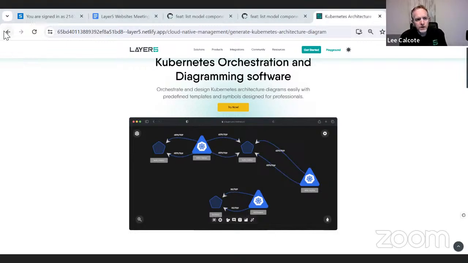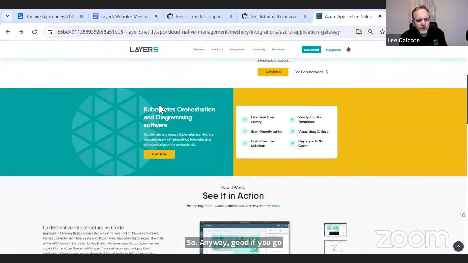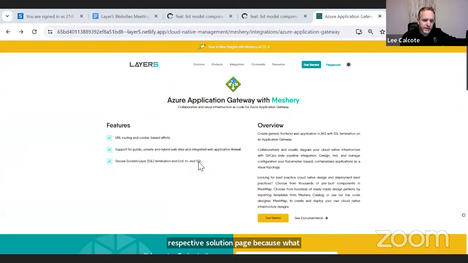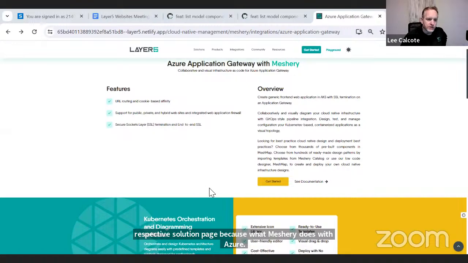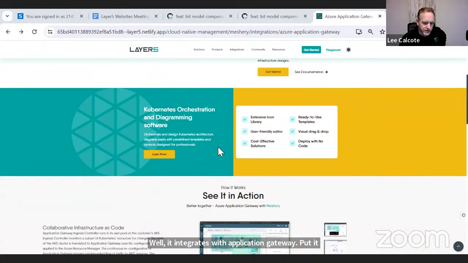So anyway, good. If you go back real fast, I'll try to finish off that rambling. Each one of these pages will link to their respective solution page, because what Meshery does with Azure, well, it integrates with Application Gateway, but it also does a lot more with Azure specifically. And so this page